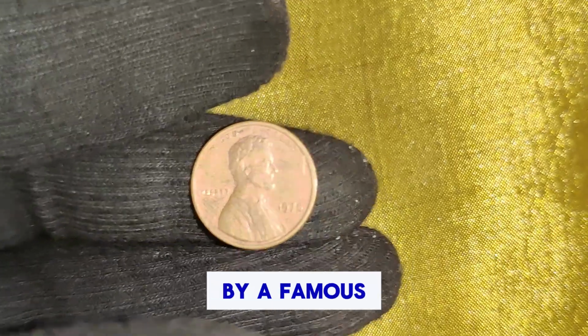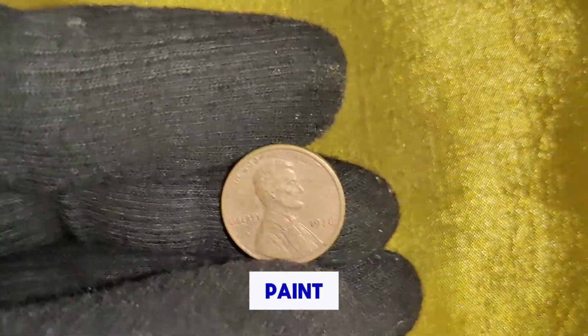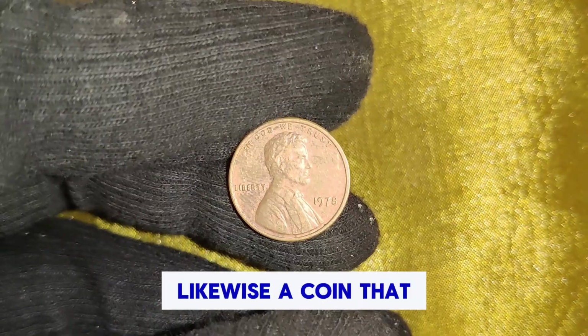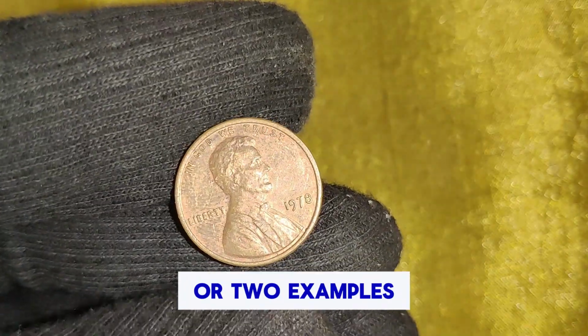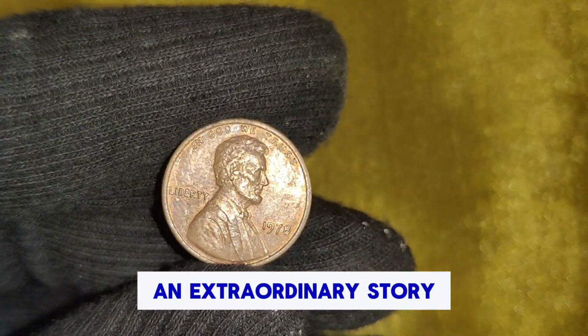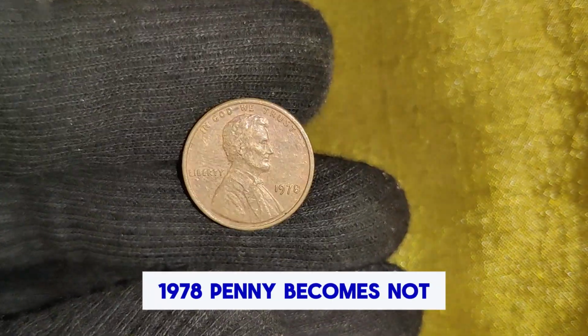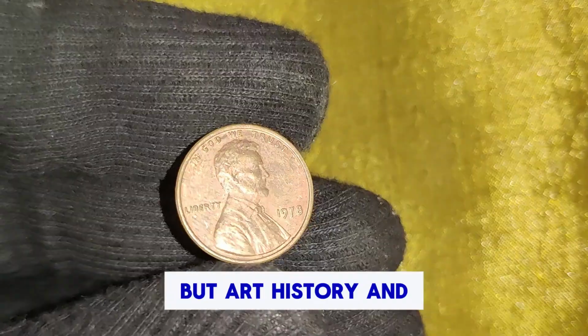A painting by a famous artist, even though it is just canvas and paint, can fetch hundreds of millions because it is one of a kind. Likewise, a coin that exists in only one or two examples, especially if it has an extraordinary story, can attract similar values. In this sense, the 1978 penny becomes not just money but art, history, and legend rolled into one